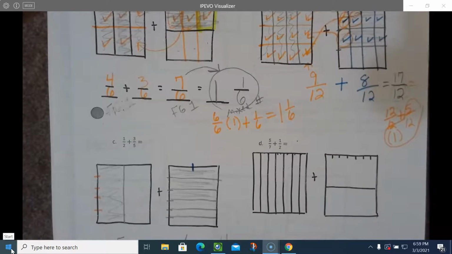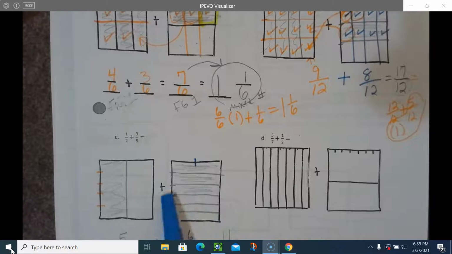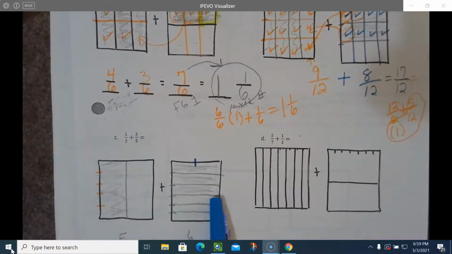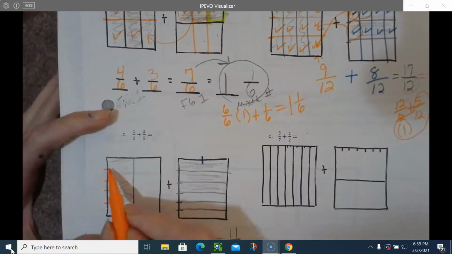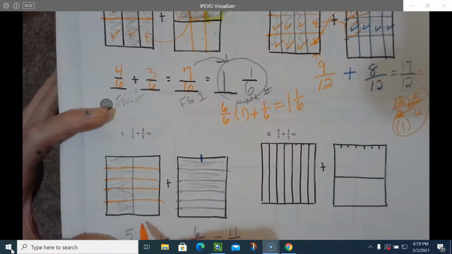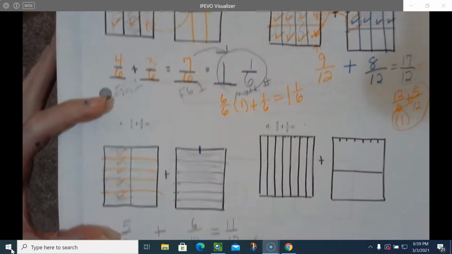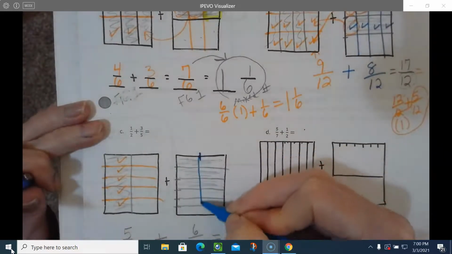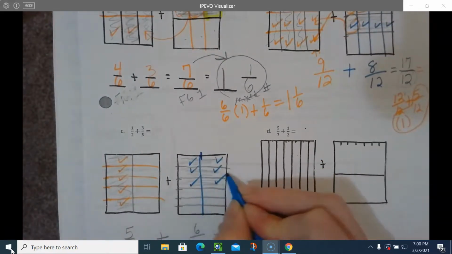All right, let's look at problem C. When we first started out, we split it in half, and then this one going horizontally is split into fifths. We shaded 1/2, and then we shaded 3/5 on this side. We then take it and we partition it the other way. So here I needed to split it into fifths going this way, and then when I count those up, I should have had 5 out of 10. And then over here, I had the 3/5. I need to partition that in halves going vertically. And when I do that, I get 3, 4, 5, 6. So 6